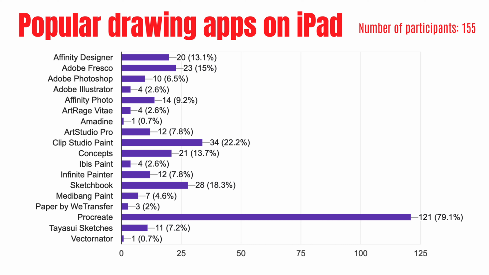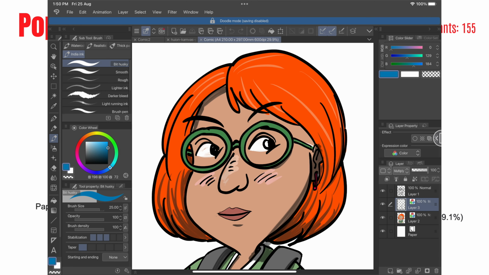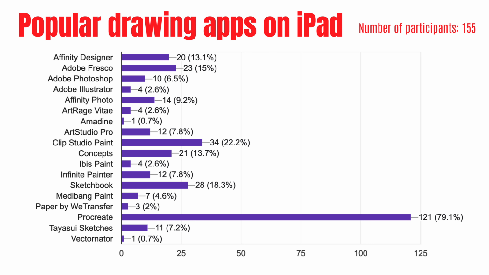At second place, we have Clip Studio Paint, which is a subscription-based drawing app. It's very popular and available on Windows, Mac OS, iPad, and Android. It's a very capable drawing app as well, so I'm not surprised it's ranked number 2. At number 3, we have Sketchbook. This app has been around for so many years, and the ownership of the app has changed several times